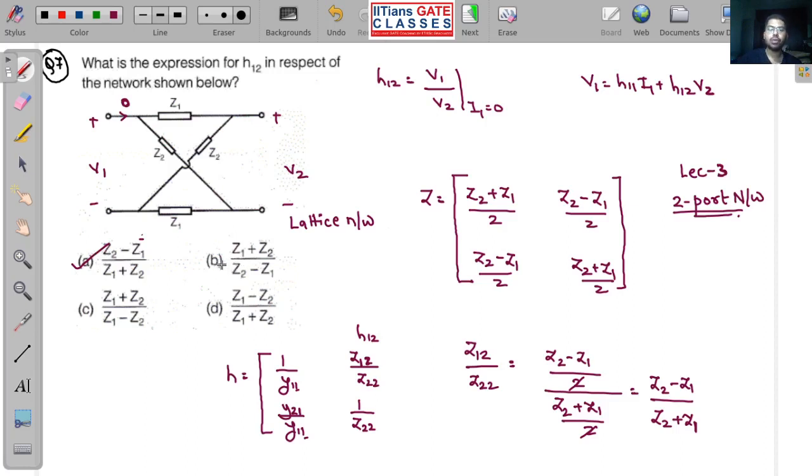Okay. So remember this thing. Don't get confused or you are solving from other methods. So you can see this method took me around 30 seconds. If you are solving this question, it will take me around 30 seconds or even 20 seconds to solve this one. Okay. So it is very simple.